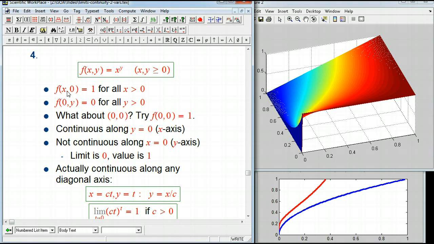So certainly if you look along the positive x-axis, anything to the 0 power, if you set y equals 0, that's going to be 1. Okay, so that's illustrated by what's coming in along here. That's coming in along the x-axis. You just get this constant 1 value. And then if you set x to be 0 and y is bigger than 0, then that's going to be